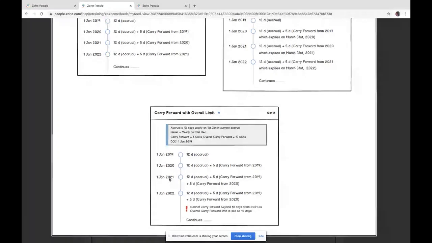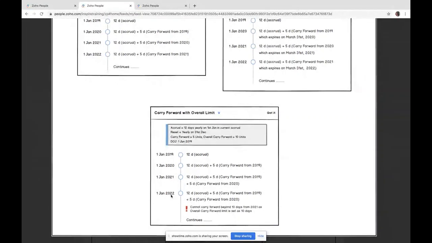In 2021 he'll get a leave balance of 12 as usual, and 5 days from the previous year which is 2020, and 5 days from 2019. So in this way you can accumulate your carry forward from the previous years up to a set overall carry forward limit.